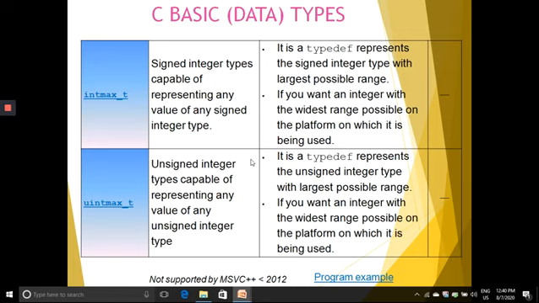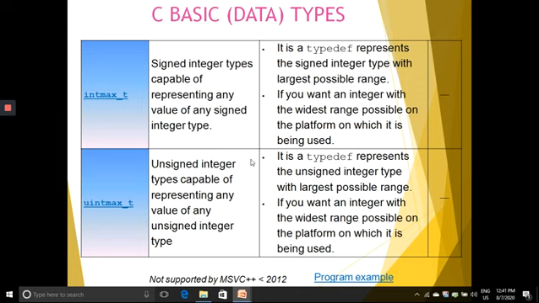If you want an integer with the widest range possible on the platform on which it is being used, you can use this typedef, using which you can represent the signed integer type with the largest possible range. The available option for you is intmax_t.